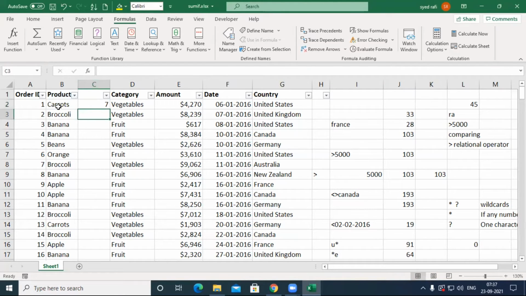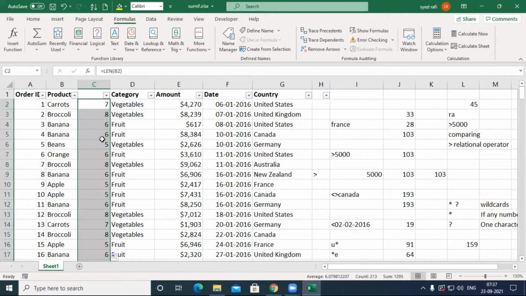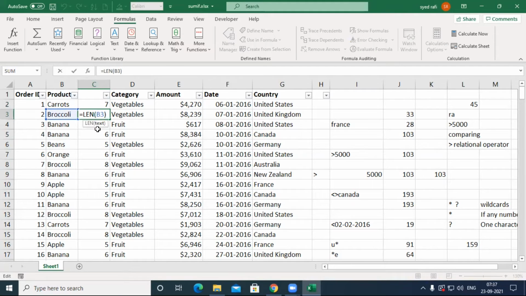This cell contains 7 characters. So that's why I double click here, and automatically the formula is pasted and displays the length of the products. Now I want to check. Yeah, very good, nice. Just after, you may count how many 6s occur by using a COUNTIF.